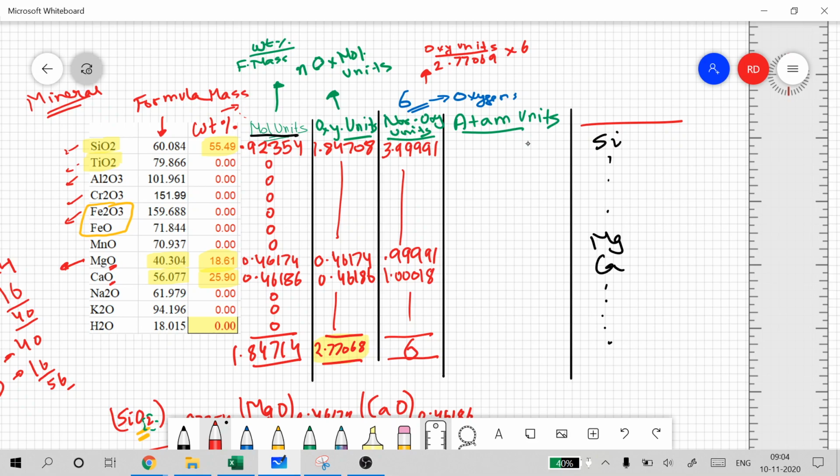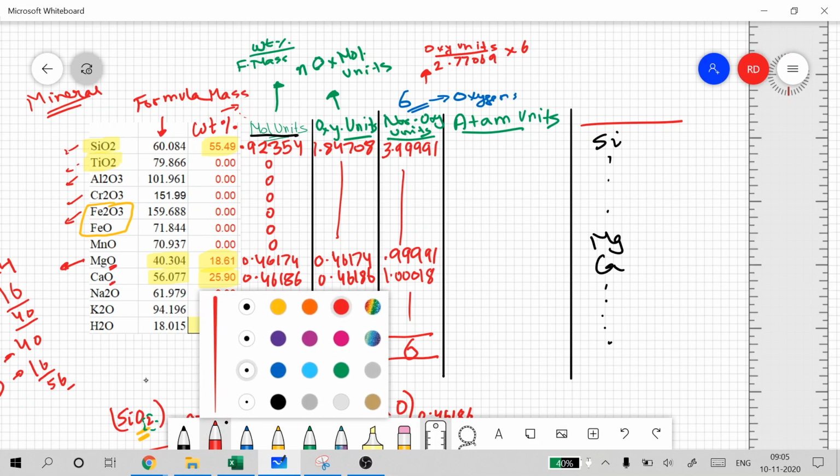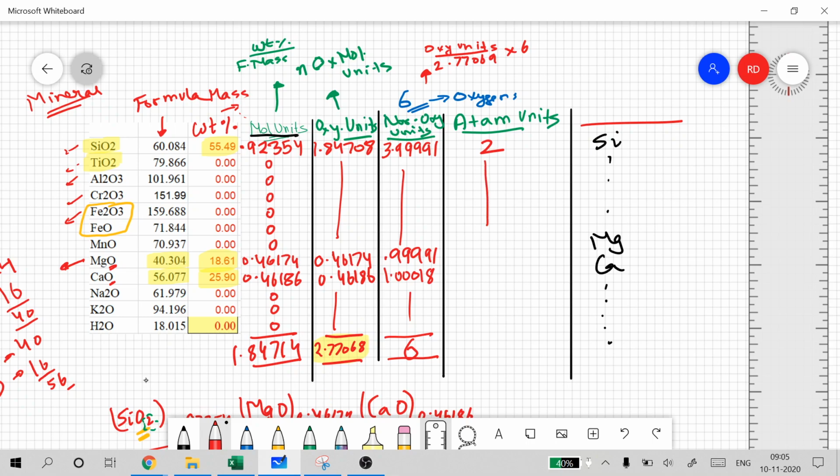So if I have 3.9999 oxygens, how many silicons will there be? 3.99 divided by 2, exactly. So you can just take it approximately equal to 4. So 4 divided by 2 will be 2. Then for MgO, this is 1 divided by 1, since it will be the same as oxygen, approximately 1, right? Both of these. So what does the total add up to? 4.